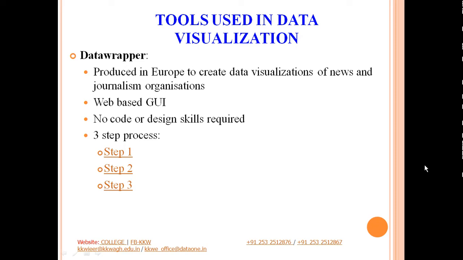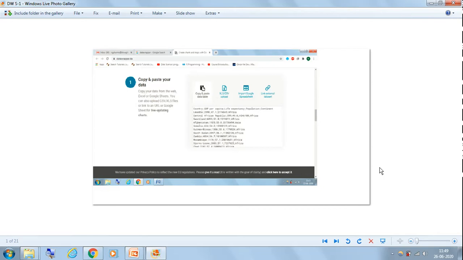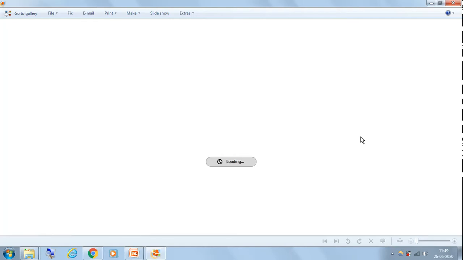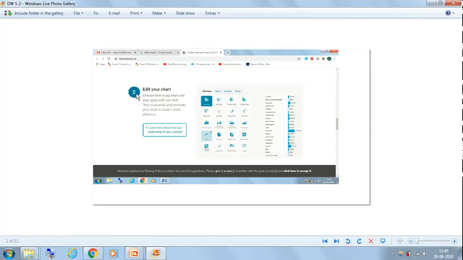Step 1 is you simply copy and paste your data here. That is nothing but the loading of your data. Then step 2 is you can edit your chart. That means from the different categories of charts available, you can click on whichever chart you want to make use of, and the rest will be done by the Data Wrapper.